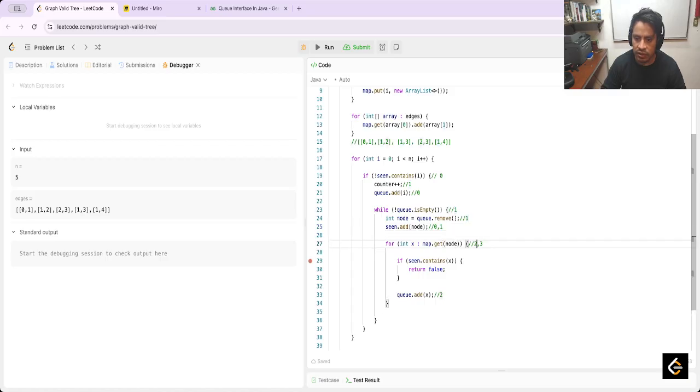and the next is the 3. Has the 3 been visited before? No. Okay, we can add it here. Now here we have 2 values, 2 and 3. Okay, now we remove the first, that is the 2. In this case we remove the number 2,